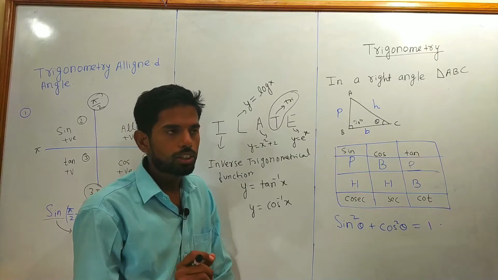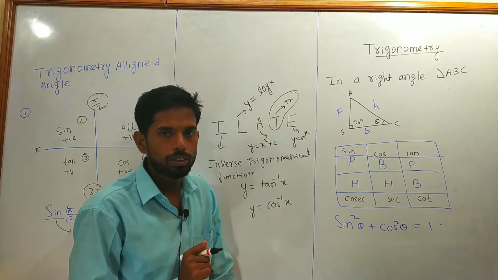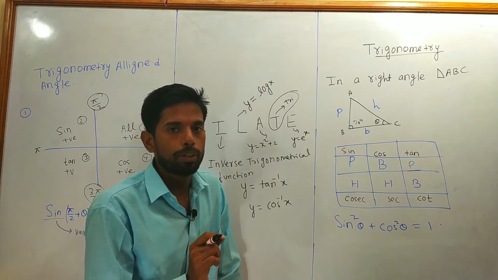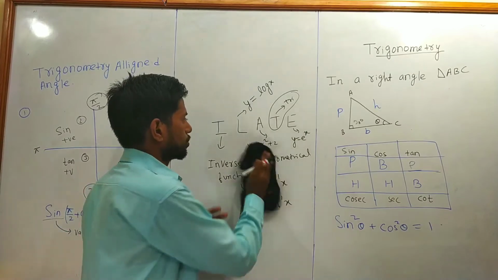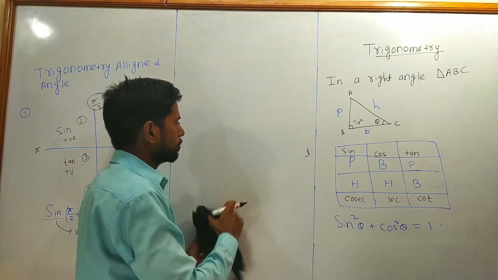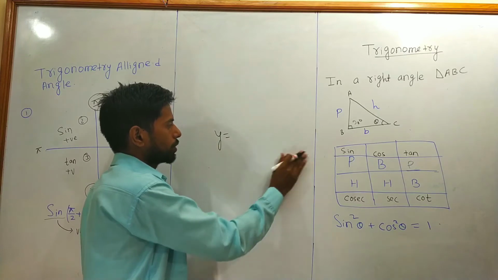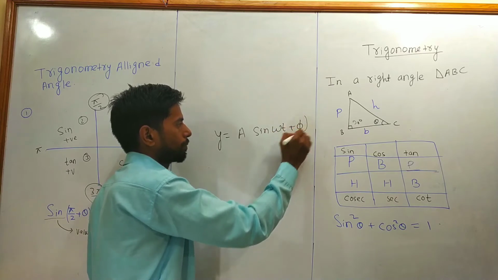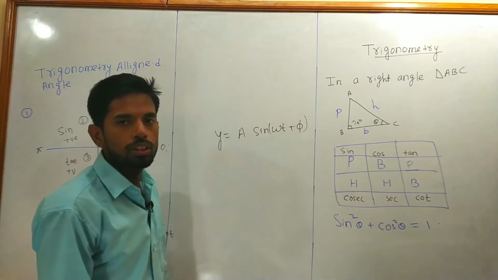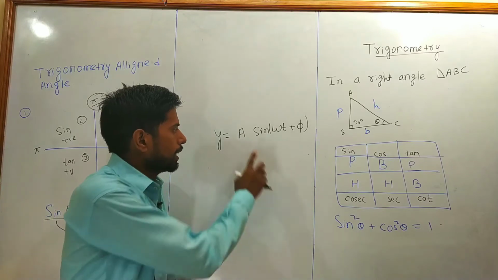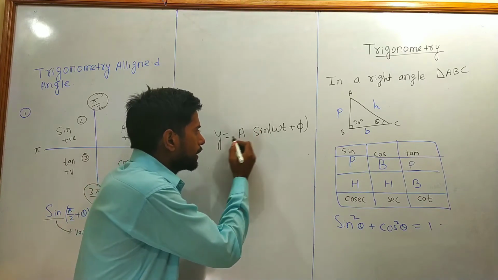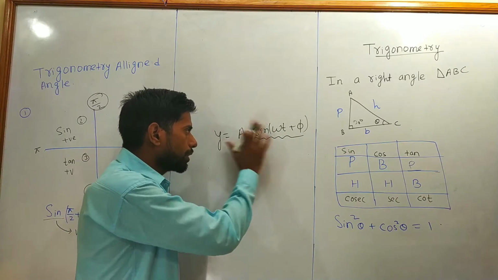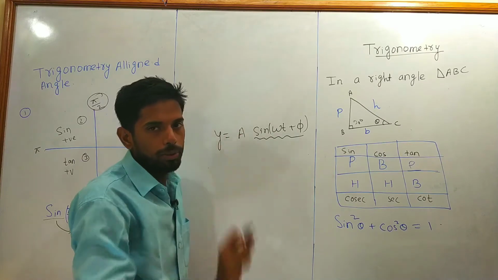Actually, in physics, in the last chapter you will find mechanical waves and oscillation. There you find one relation between displacement and time. The relation is y is equal to a sin(omega t plus phi). What is y? y is the displacement of the wave, a is the amplitude of the wave, and this displacement is a sine function. You will learn everything about this relation in that chapter.